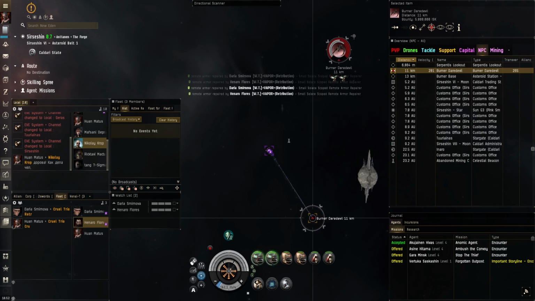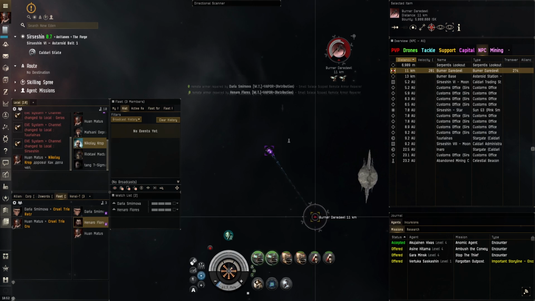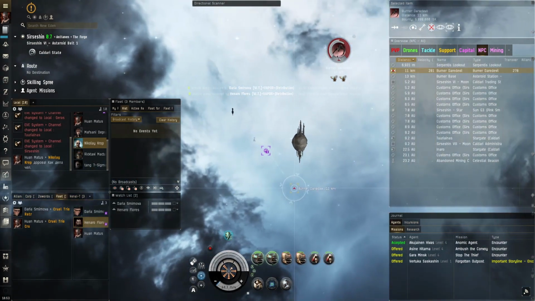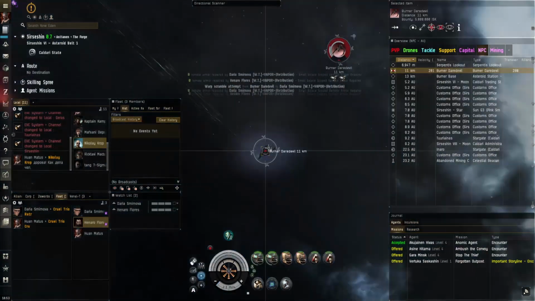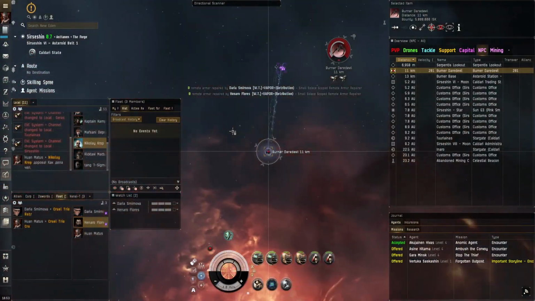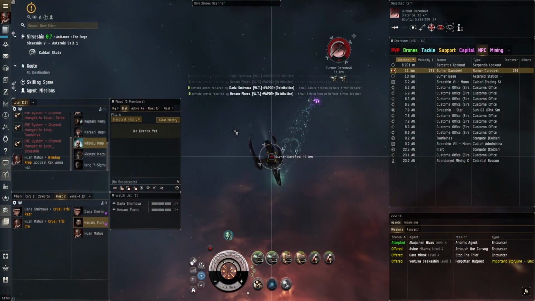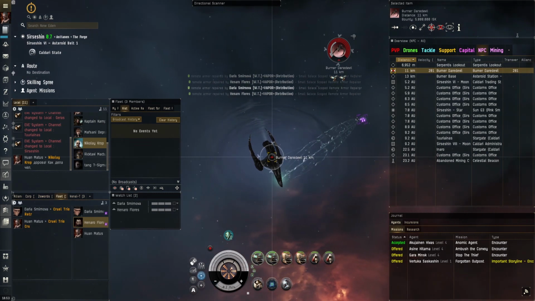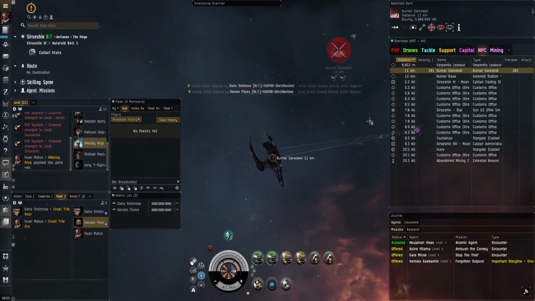But suddenly, having tracking disruptors applied to it, it cannot shoot at the range it is supposed to, and